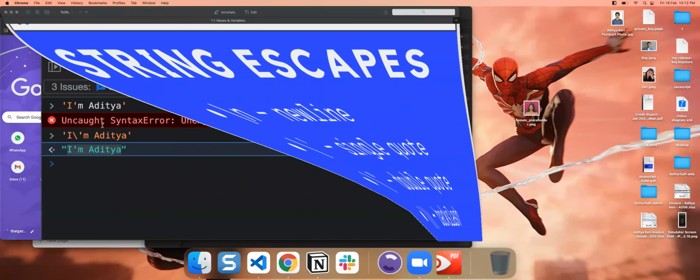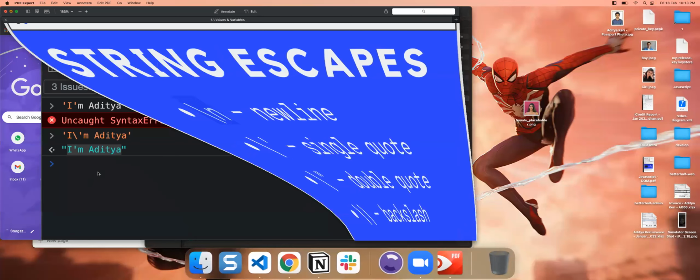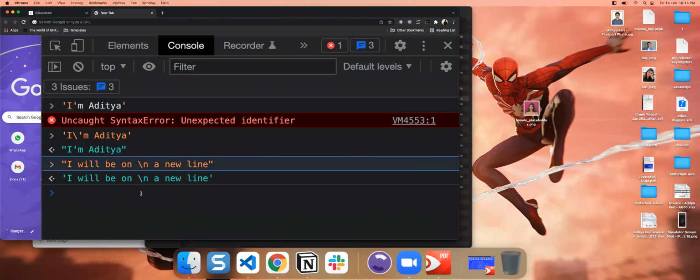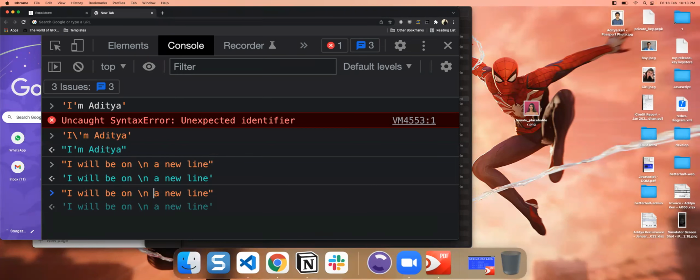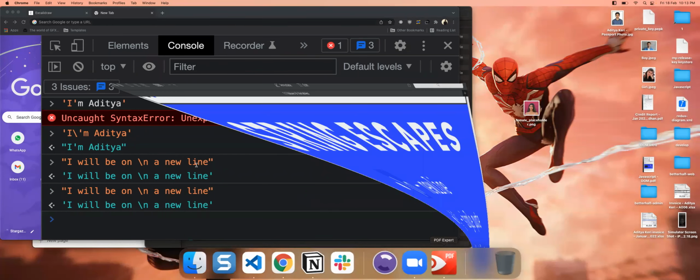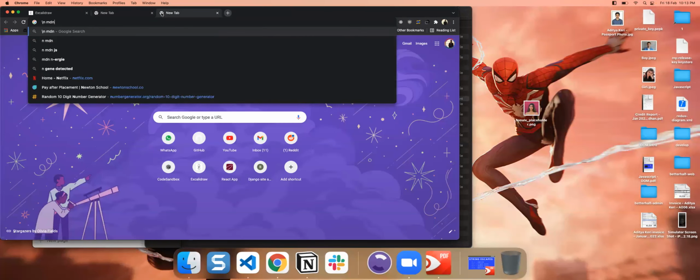One more: the new line character. Let's see how the new line character works. So let's say I will be on a new line. Wait, I'm not exactly sure how this will work. This new line doesn't work in Chrome. I think just ignore the new line for now. But let's take this MDN